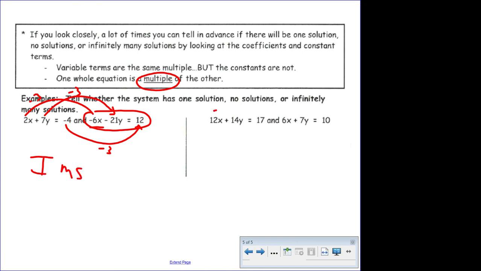What happens if just the variables are multiples? Times 2. But the number is not a multiple. No. That would be two equations that would be parallel. No solution. Kind of rushed through that. We'll talk about it more